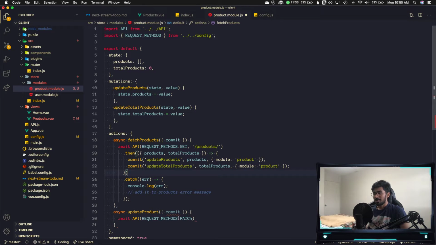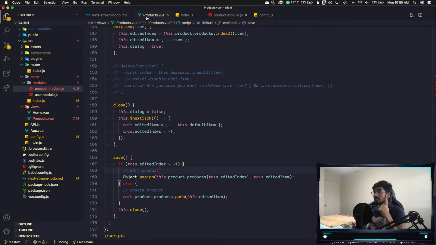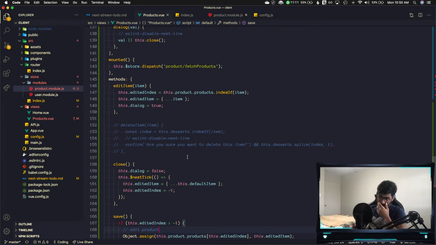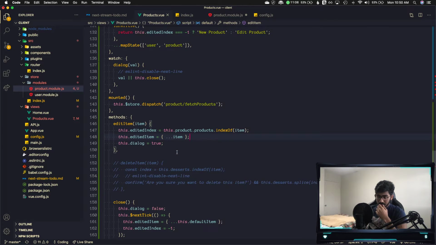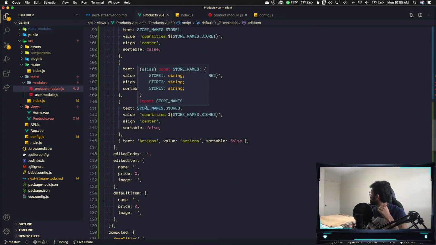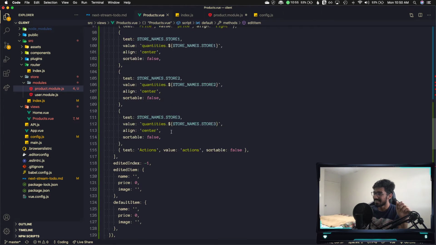Okay, so we are making a patch request to products/ we will also need to pass an edit product. If we go here, and when user clicks edit,